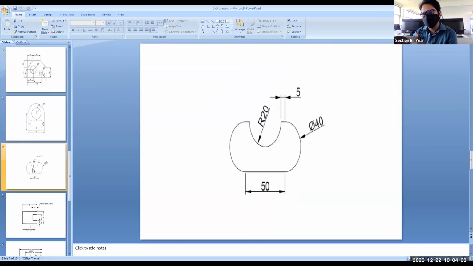Anyone in the class who tried to practice it or redraw it at your home? Please type in the chat box if anybody has tried to draw this using AutoCAD software at your home.